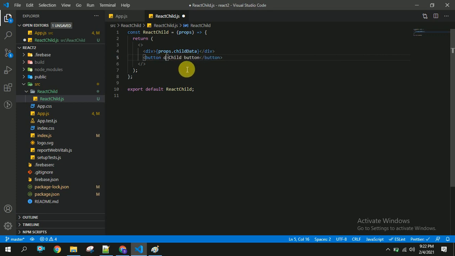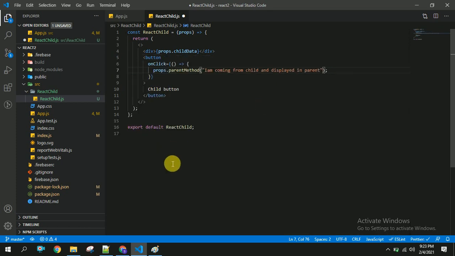For this, I am going to use the onClick event handler, an arrow function, props dot method name. To this method, I am going to send some data: "I am coming from child, and displayed in parent."